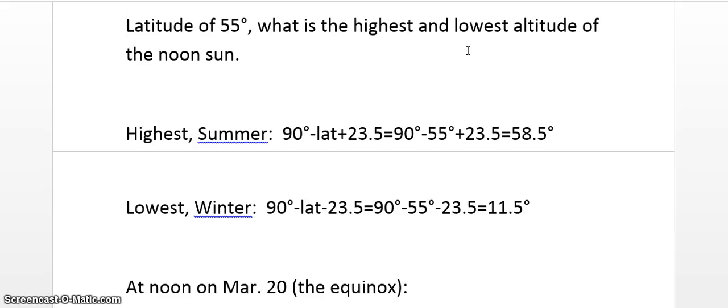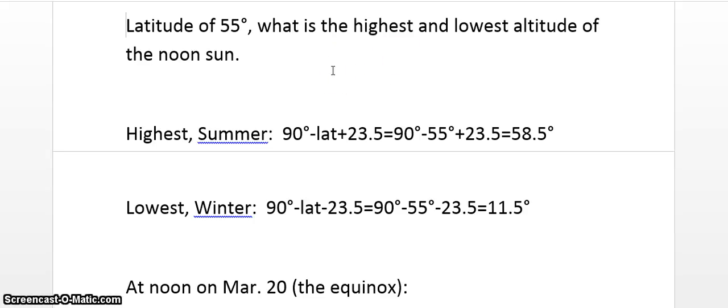And of course, let's make sure that we all understand what that means. It's the angle from the horizon, right? So if the sun was directly overhead, the answer would be 90 degrees. All right. Now,